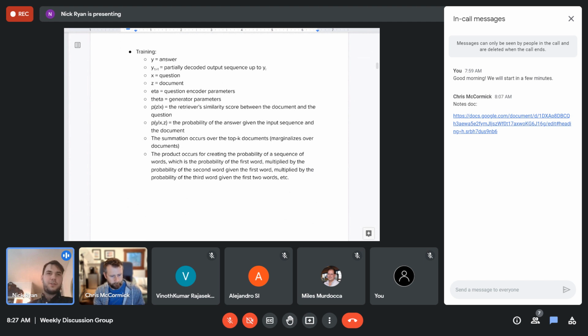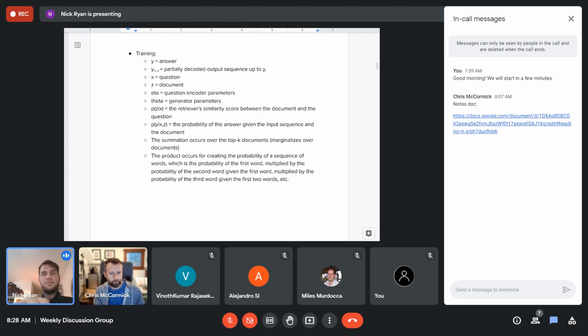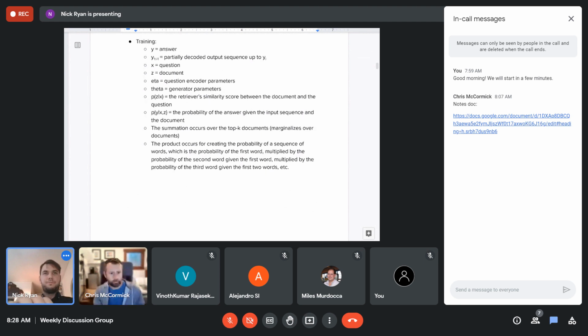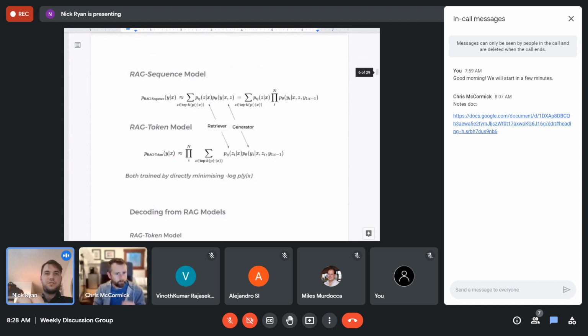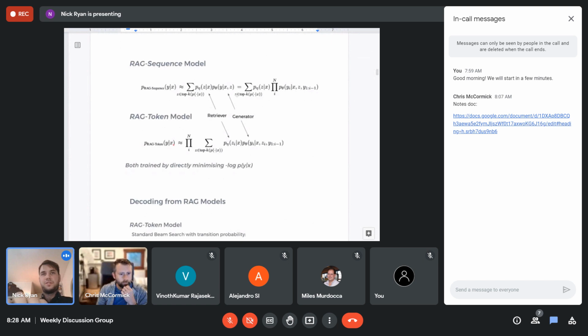So I don't know how much fun this is or how helpful it is to talk through, but essentially these are the names of the variables, and you can see all of this in the paper. And these are the training equations used. So briefly, just to give a 2-minute overview, if we're looking at, say, the sequence model, you want to find the probability of the answer given the question,